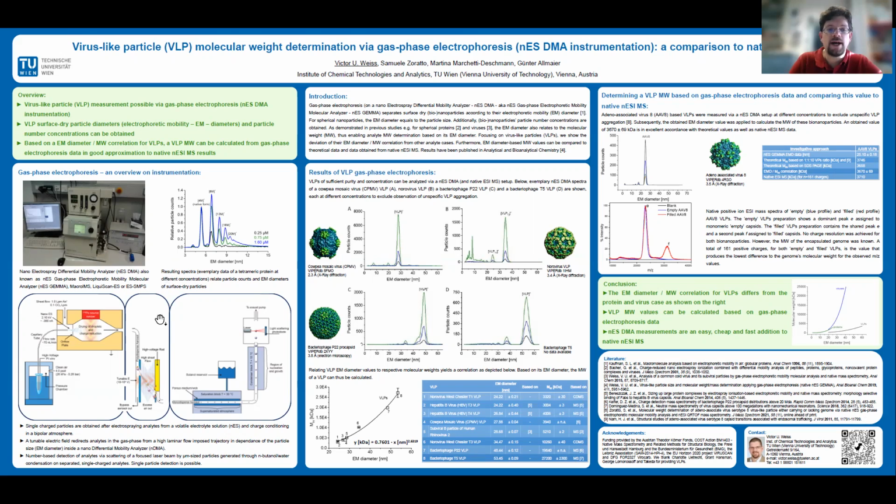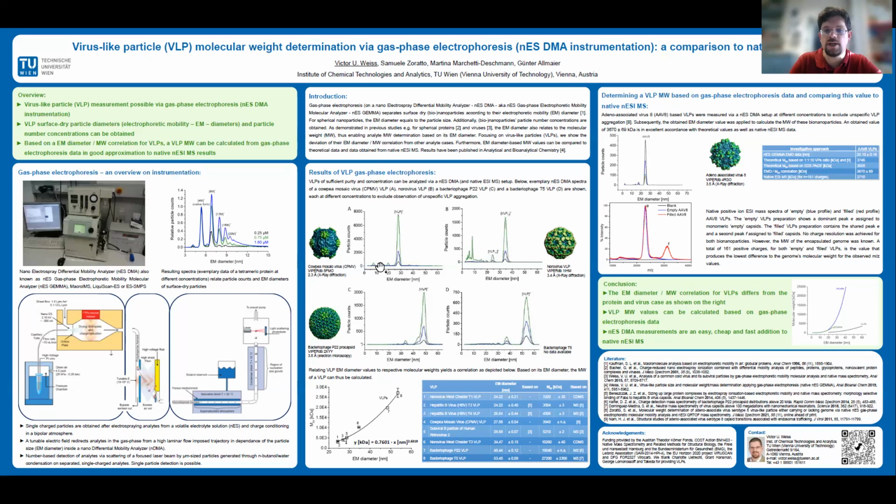First, we have a high laminar sheath flow going in one direction, and secondly, we have a tunable electric field. And by variation of the field strength, only particles of a certain size are able to pass through the differential mobility analyzer, and these particles are then counted by the condensation particle counter unit, which is the detector of such an instrumentation. We took such an instrument and analyzed several VLP samples, as you can see here, for those results,